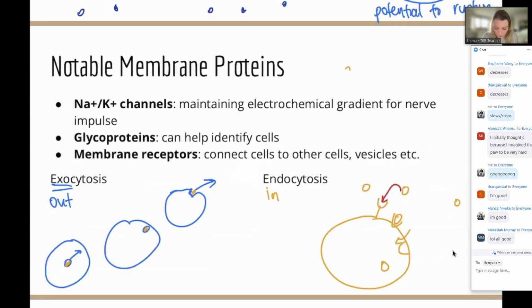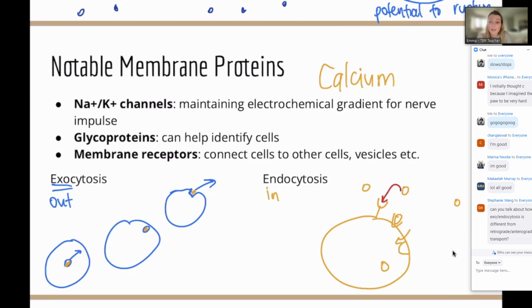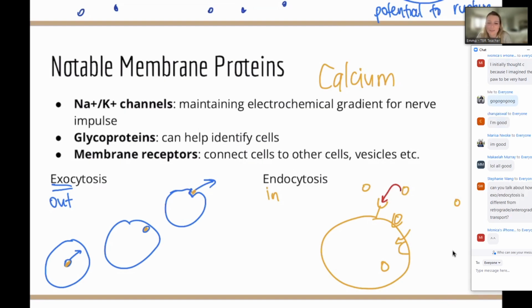So those are definitely also other channels. Oh, that's the word channel, not calcium. Other channels that could be present. There's not really much more in detail that you need to know. You don't need to know about their function. I would just know that they're present and that you're probably going to have more calcium channels in a nerve cell compared to a bone cell. Well, there might be a lot in bone cells too. More calcium channels in a nerve cell compared to a skin cell.